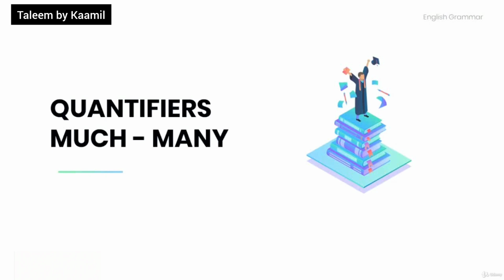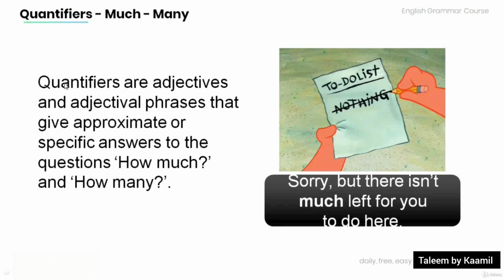Let's get started. Remember that quantifiers are adjectives and adverbial phrases that give approximate or specific answers to the questions how much and how many. Have a look at the example over here. Sorry, but there isn't much left for you to do here. Note that the word much in the sentence is a quantifier, and it tells us how much work is left